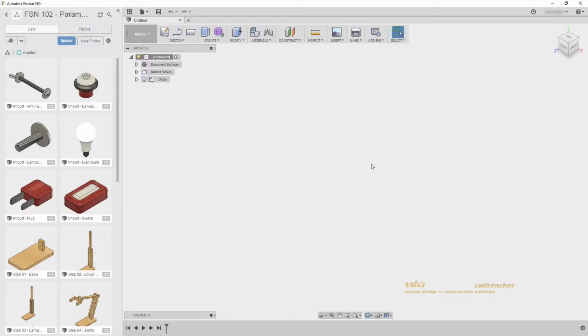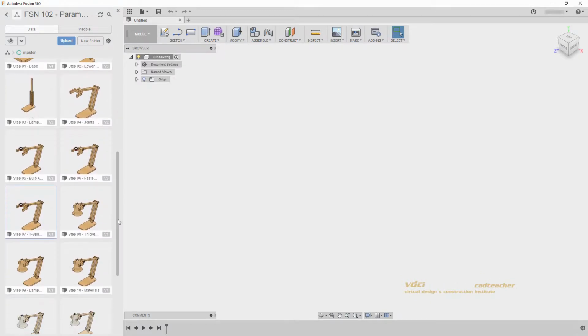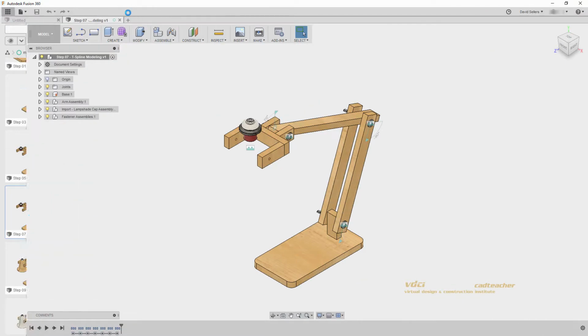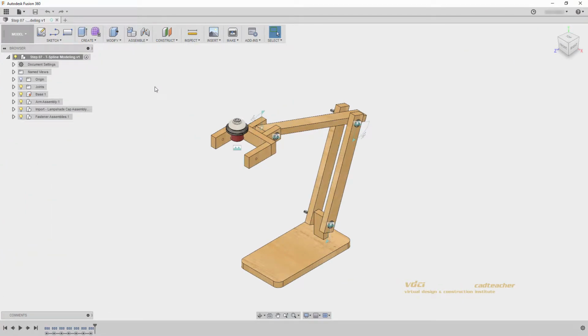Welcome back. In this video we will look at T-Spline modeling, but more importantly, how we can use T-Spline modeling in parametric design. I will scroll down and open Step 7, T-Spline modeling. When your file is open, go ahead and close your data panel, and we can begin. The first thing I will do is right-click, New Component,